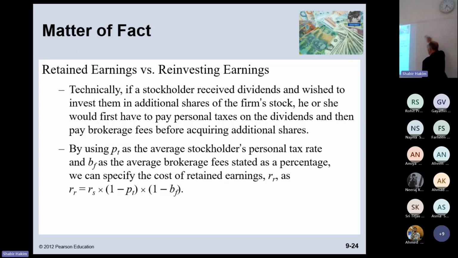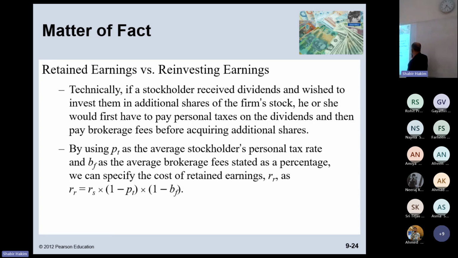For the sake of argument, we say by using the PG as the average shareholders' percent tax rate, and BF as the average brokerage fee stated as a percentage, we can specify the cost of retained earnings. The retained earnings for whom? For investors, not for the company. Remember, this time we are going to the side of the investors. But if you look from the perspective of the companies, that is what we stated now, RS for the